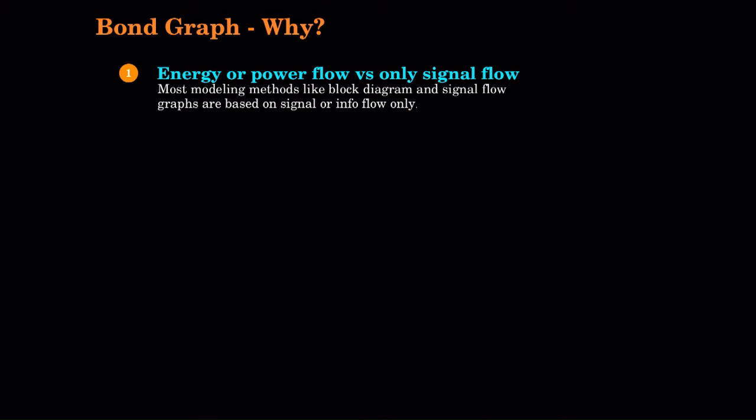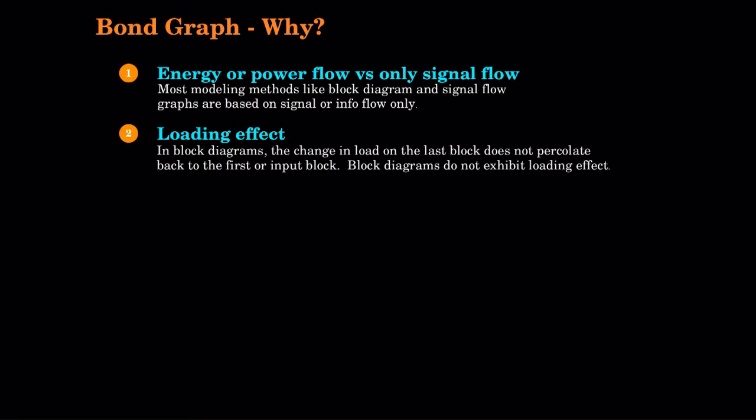But in the case of the block diagram, you can load the last stage to whatever extent you want, but it will never percolate to the first stage, basically because it always thinks that the next stage is having infinite input impedance. So, you will not see an increase in power. So, you will see that there is this dichotomy, you will have this problem of not trying to meet the conservation of energy, because it is only signal flow, it is not taking a two variable thing like power flow or the energy flow. So, that is one main